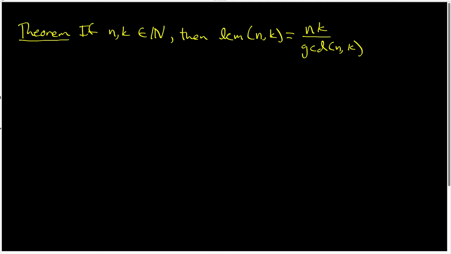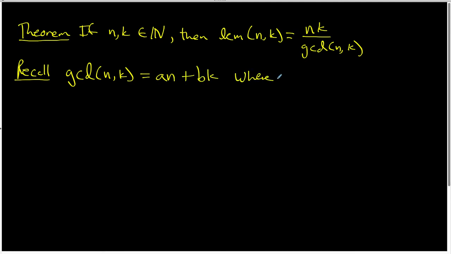Now, in order to prove this theorem, we also need another theorem that I have assigned a video for you to watch before you were watching this one, and that was about GCDs. That the GCD of any two natural numbers, n and k, can always be written as a linear combination of them. In other words, the GCD of n and k can be written as a times n plus b times k, where a and b are integers, and that fact is going to come into play in the proof of our theorem. So the proof of our theorem,